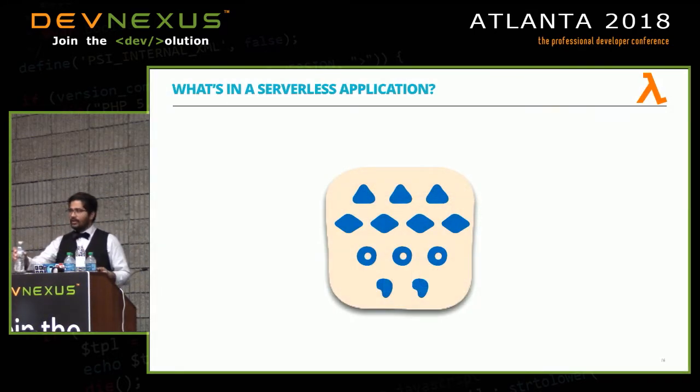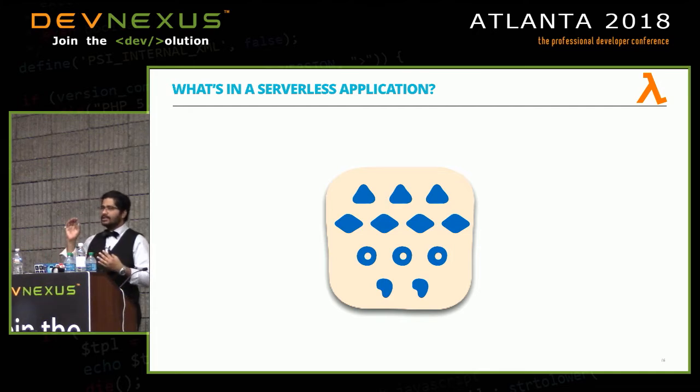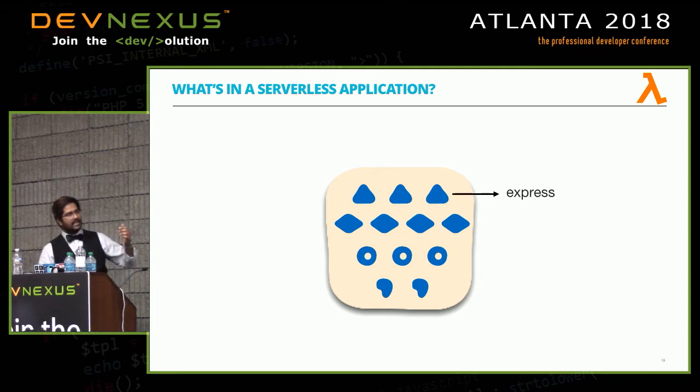So the application overall, conceptually, still has the same set of layers. You still have the same components. However, the code which was actually gluing everything together is a bit different. We're not using Spring and Axon anymore. We're still writing essentially just those methods, and I'll show examples of those. But we're using Express instead of Spring to make sure that the call gets routed correctly. For the web layer, for writing controllers, we're using Express, which is a Node.js implementation. For writing event handlers, we're directly implementing Lambdas.